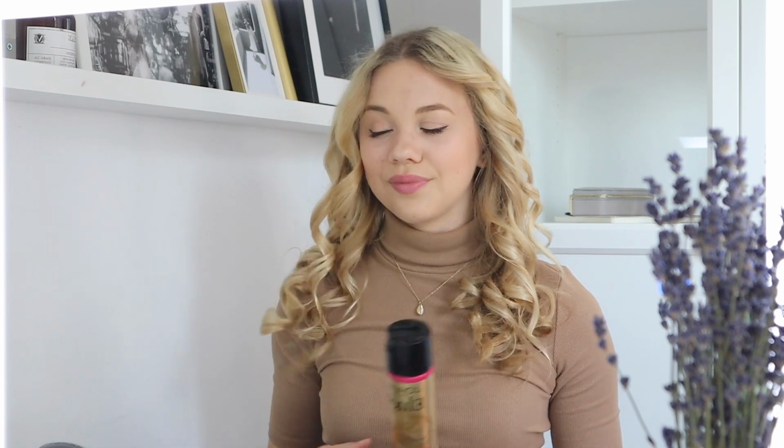So as you might have seen right now, I always spritz my hairspray from underneath and then crunch my curls up to make sure that they're really lasting and that they're getting really bouncy. So I'm just gonna wait a second now and make sure everything cools down before I brush it out. Okay, so I think my hair has now completely cooled down, and what I'm gonna do is I'm gonna start